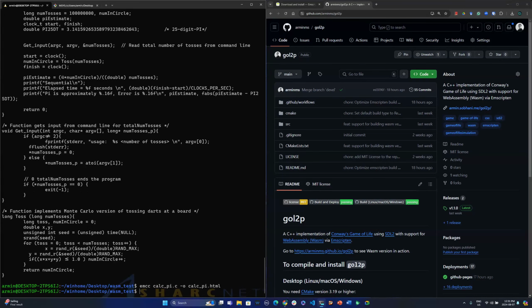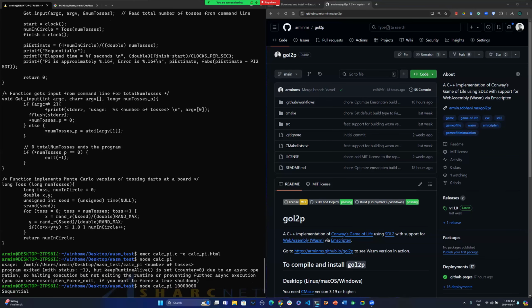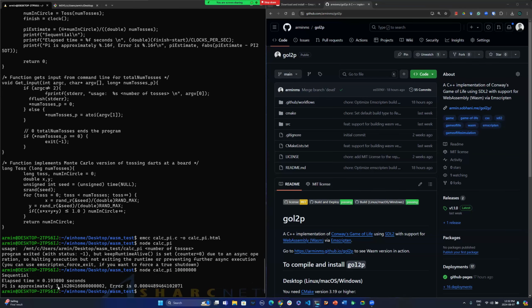When you do this, using node, you can run calc_pi. Oh, you can see here the output is wrong. This one needs some input from the user, the number of tosses. So you can just specify it like this. And you can see that it ran and calculated the pi number and reported the error. But the thing is that if you want to run it on the web, you should have a way to pass these arguments from the command line